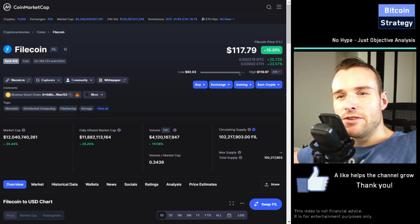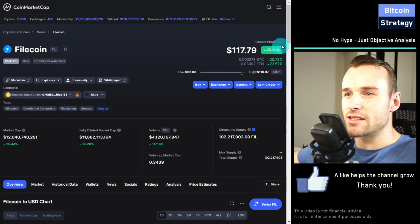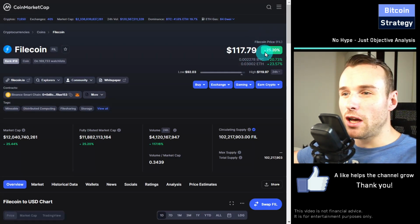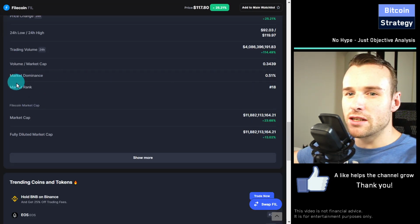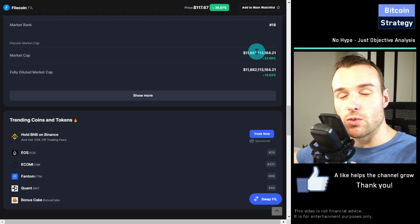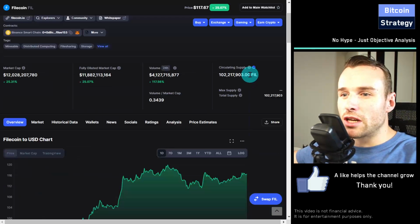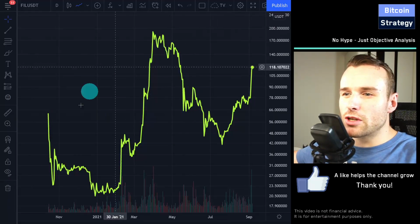Hi, let's revisit Filecoin, ticker symbol FIL, currently at $117.79, going up by 25% in the last 24 hours, a market dominance of 0.5%, market rank 18, and a market cap of approximately 12 billion. Now obviously we look at Filecoin because of this incredible increase, but we will not just look at the Filecoin